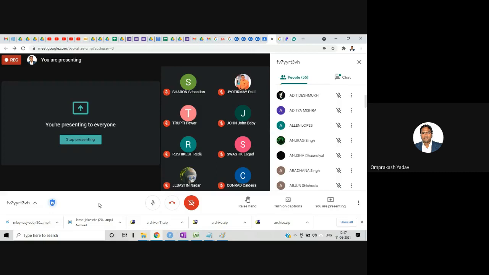And the moment the programs start, every day try to practice at least one program. Unless and until you practice on the computer, I can tell you that you will not become an expert, right? You have to type the program on the screen, you have to execute the program. See, many times you will get errors, lots of errors. Doesn't matter, during the start of programming you will get errors. That's good, you will come to know what different errors you can get, and if you get the errors, then only you can come to know how to resolve them, okay? What different steps you'll be taking if you are getting those errors.